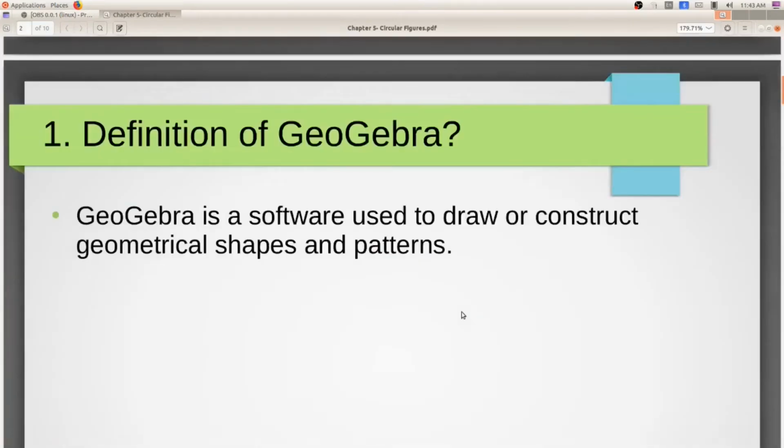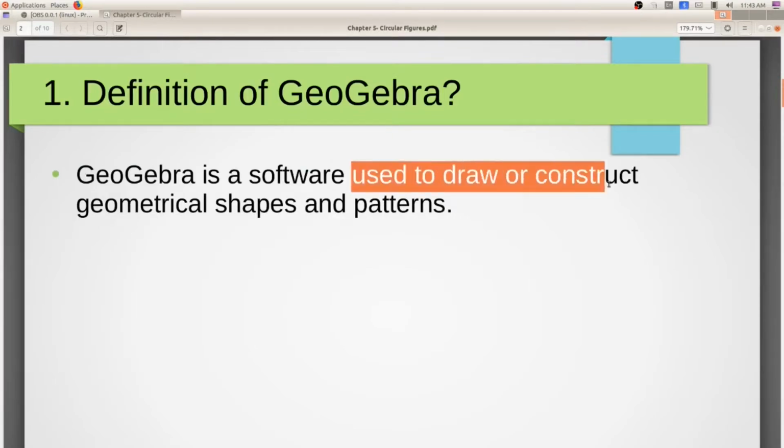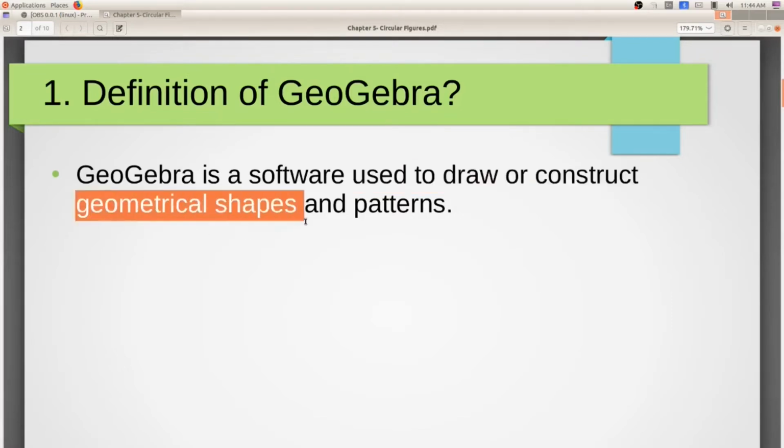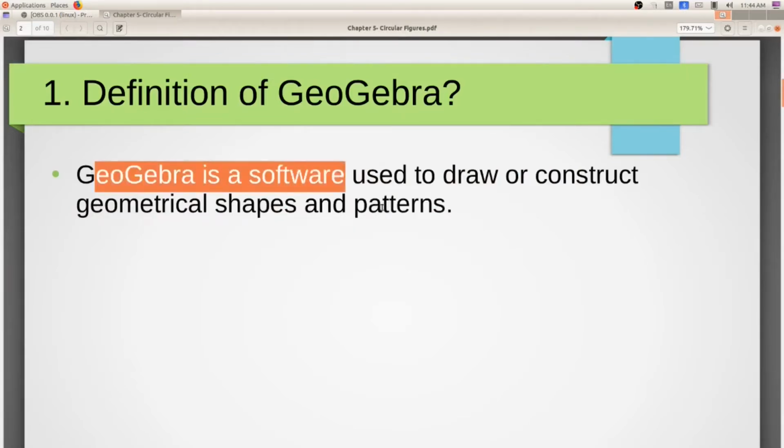What is our first question? Definition of GeoGebra. We have already discussed this many times. GeoGebra is a software.